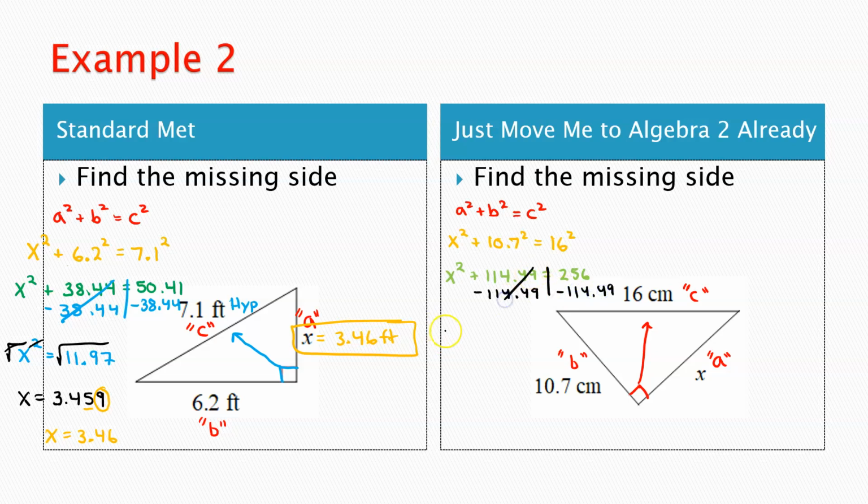That gives me x squared is equal to 256 minus 114.49, which gave me 141.51. Now we're going to take the square root of that. We get x is equal to